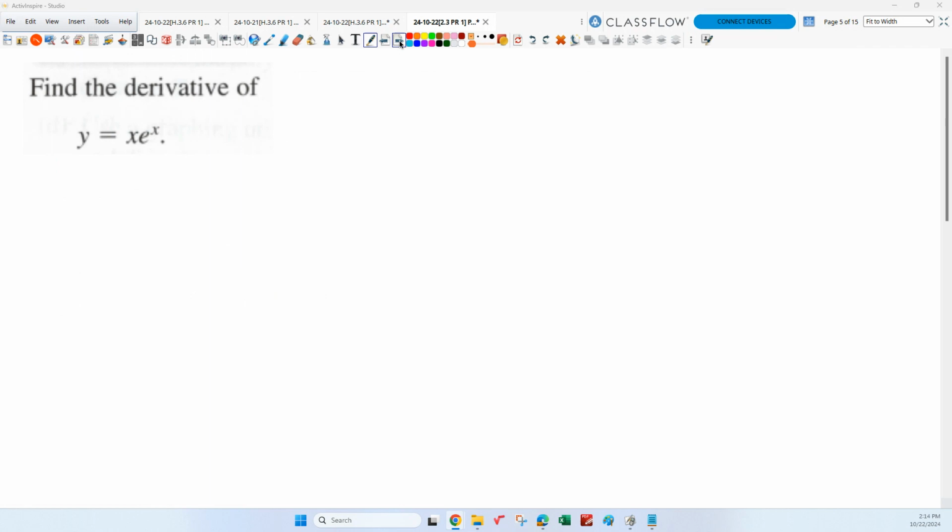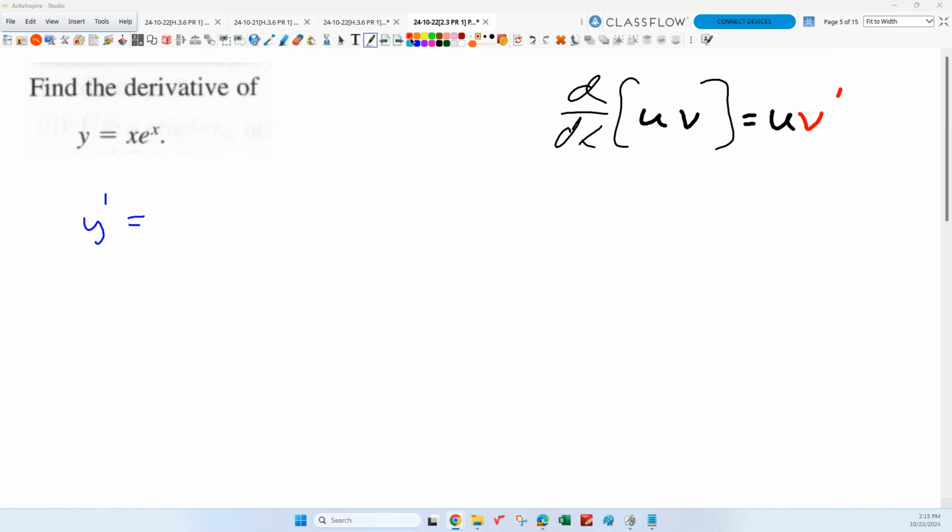So let's try this. Now we can go back and do this derivative. What's our u and what's our v in this case? Yeah, right? Exactly. So what's y prime going to be then? So y prime equals what? Why don't you real quick tell me again, what is the derivative with respect to x of uv? Yeah, uv prime. How are they connected? Plus v